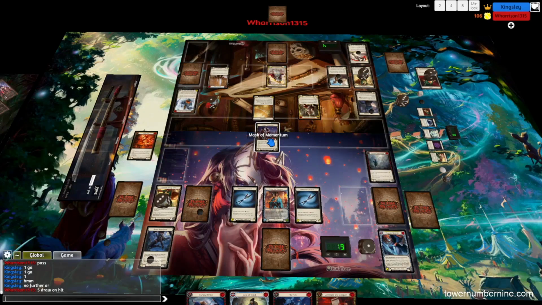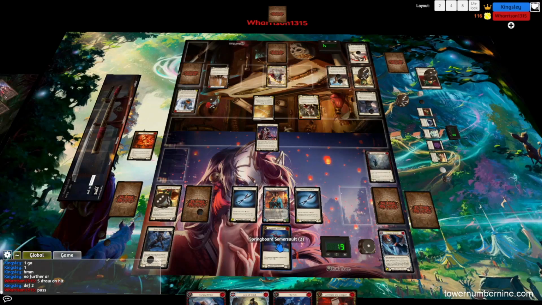I actually block with my mask here because I've decided it's very unlikely that I'm going to get any more in a mask trigger at this point, since my opponent's only at 4 life. And that's going to allow me to block with the mask and then play the Springboard Somersault from Arsenal to defend for 6. And because I've defended for 6 and I have not used any cards from hand, his Reprise